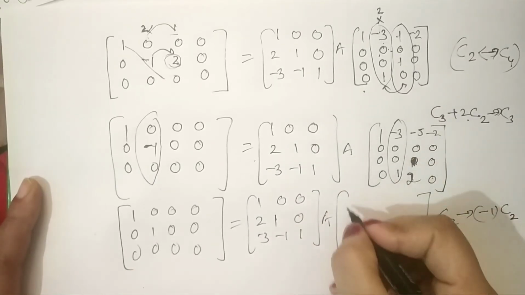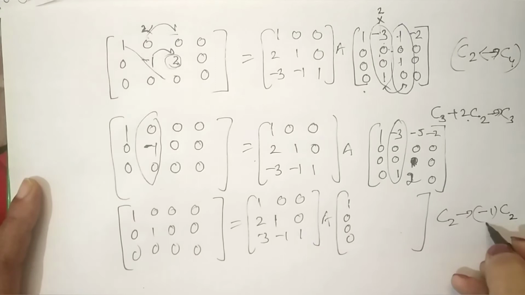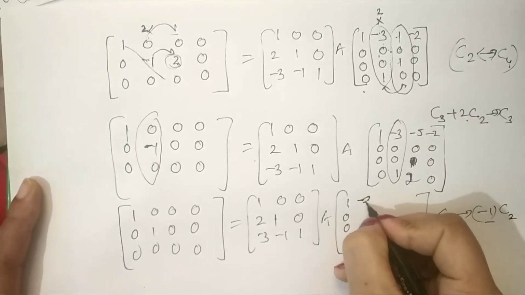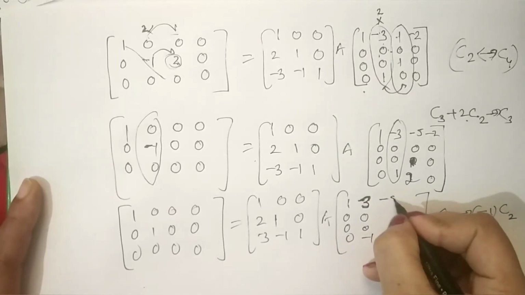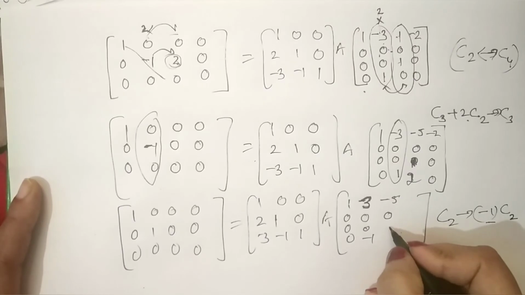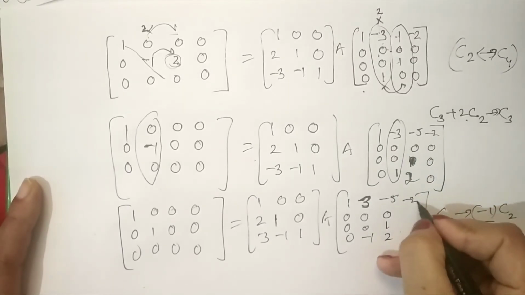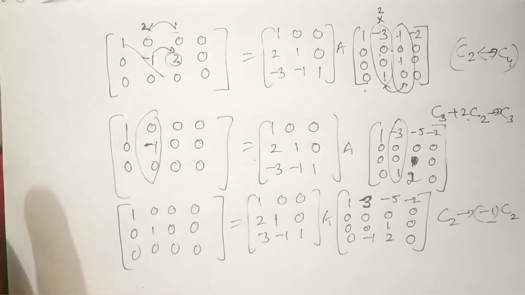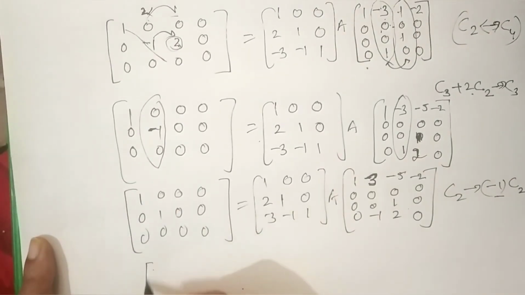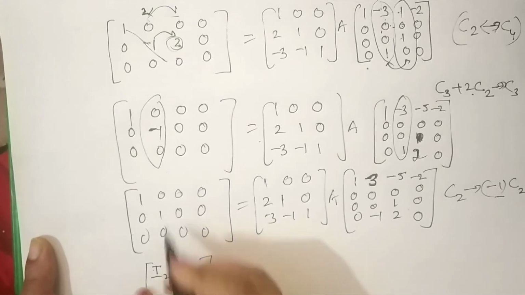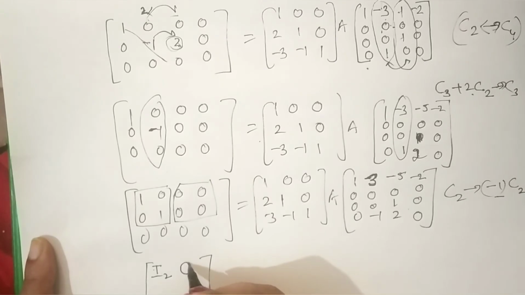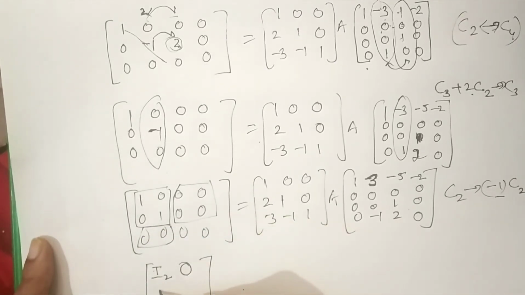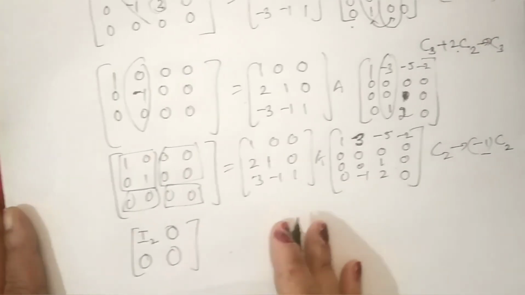Now after this operation, after multiplying only the second column by minus 1, it is 3 0 0 minus 1, it will become plus 3. All other things are same. It is 1 here, 1 2 minus 2 0 0 0, right? Now this is the normal form which we can write I2, because this is the identity matrix of order 2. This is a 0 matrix, we write it O, null matrix. This is again a null matrix. This is again a null matrix. So this is the way of writing the normal form of a matrix.